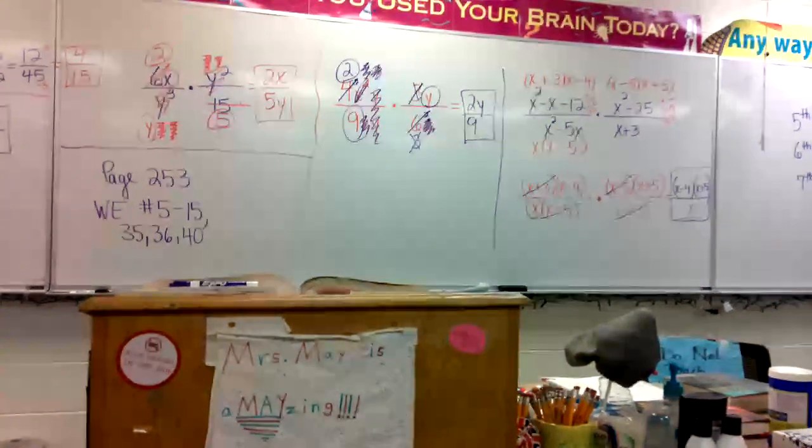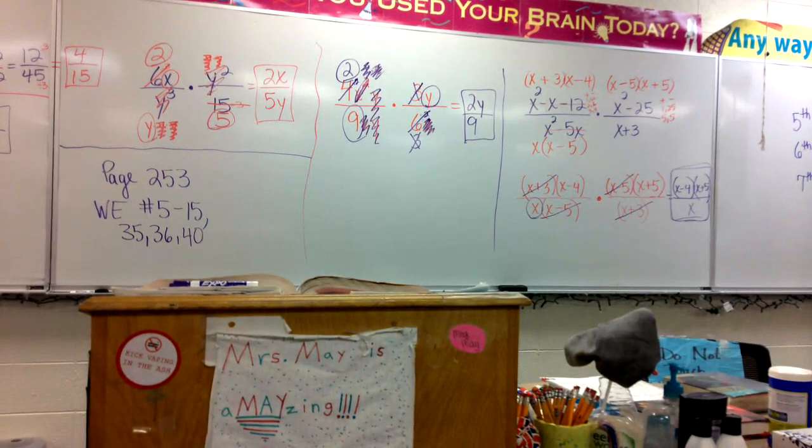X is equal to negative b plus or minus the square root of b squared minus 4